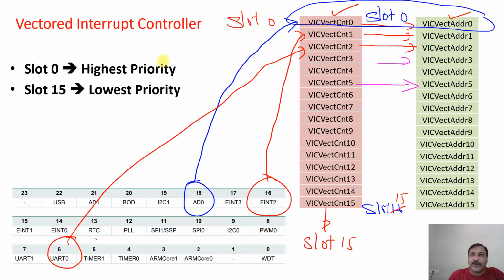Two important rules that you have to understand. First rule: you can assign any interrupt source to any slot. There is nothing fixed, unlike in the 8051 microcontroller, where you have fixed interrupts. The interrupts here are not fixed, which means you can assign any interrupt source to any slot. That is rule number 1. Rule number 2,